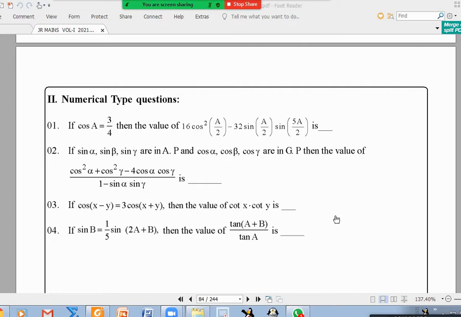Sir, third step to fourth step, one sec, explain. From here to here, I just wrote 1 minus sin square beta. This into this is minus 4. This into this is 4 sin square beta. I wrote 2 sin beta whole square. Okay, sir. And from here to here, I know sin alpha, sin beta, sin gamma are in AP. So 2b, I can write as a plus b based on that.